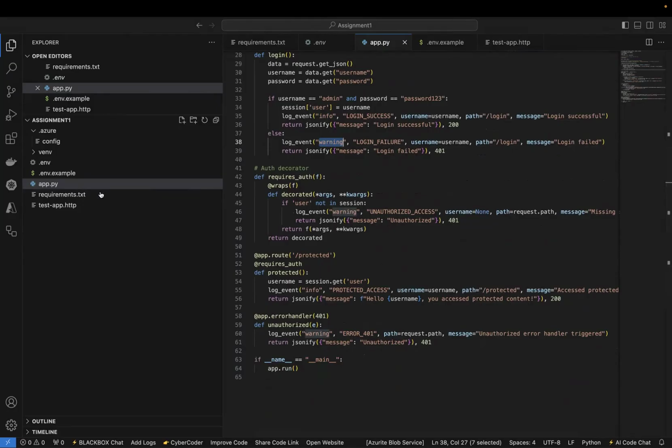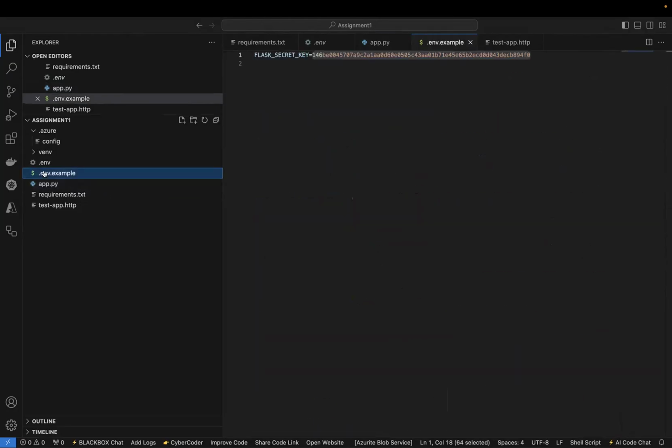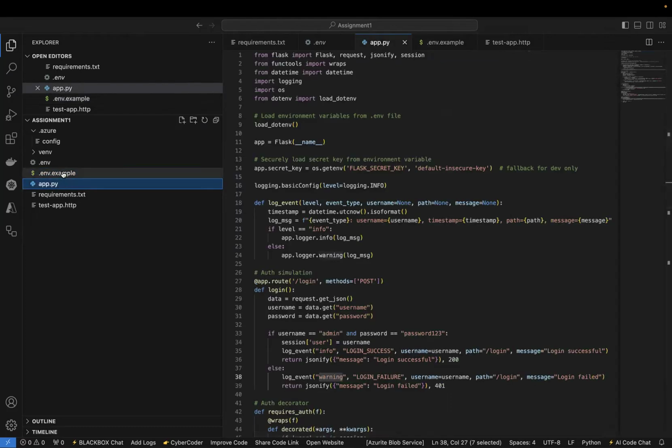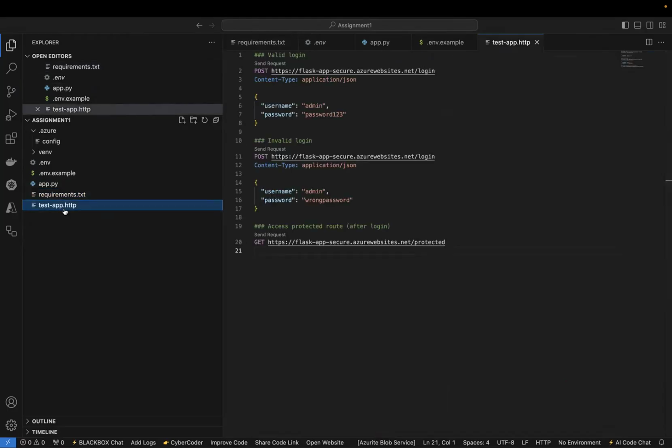As this is a sample Flask app, we also have the Flask secret key in the environment variable file. This is the requirements.txt, and this is the test tab to trigger the HTTP triggers. Here we have one for valid login, another for invalid login, and a third